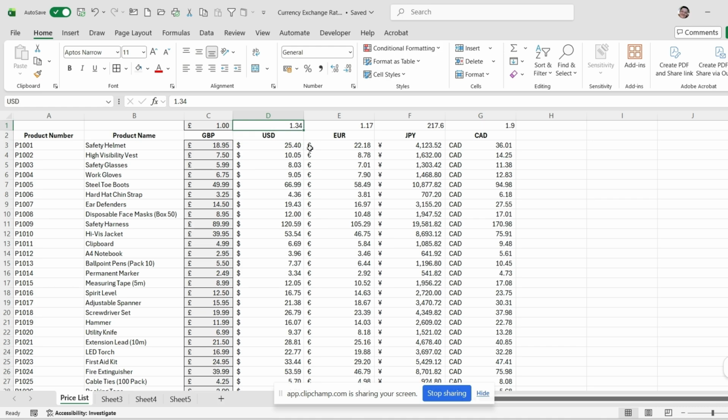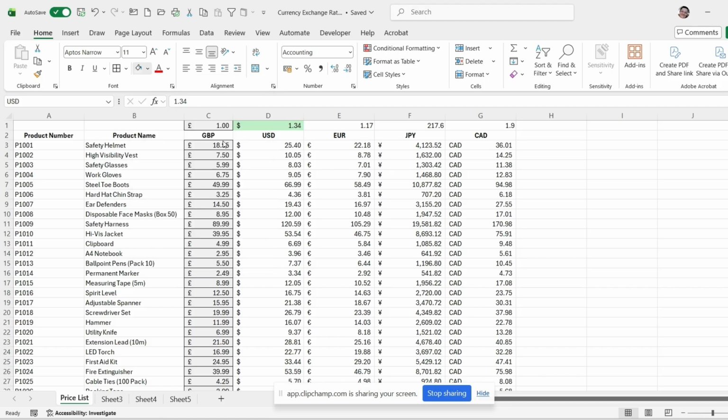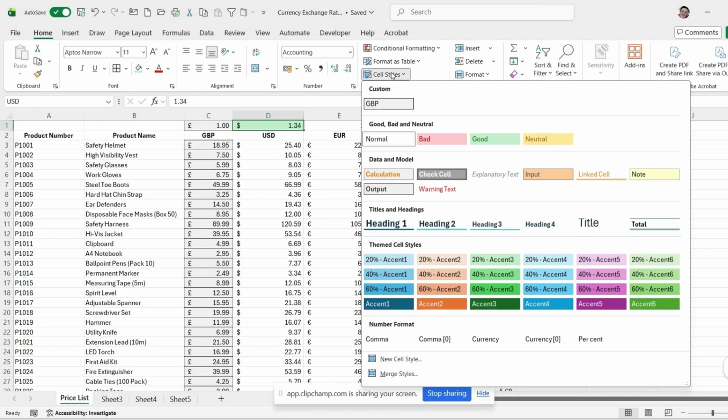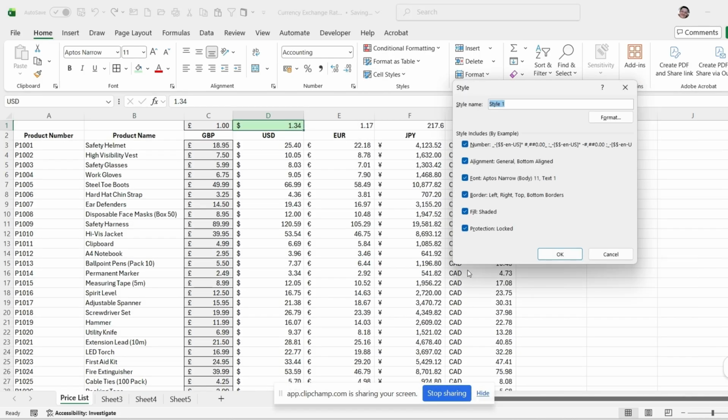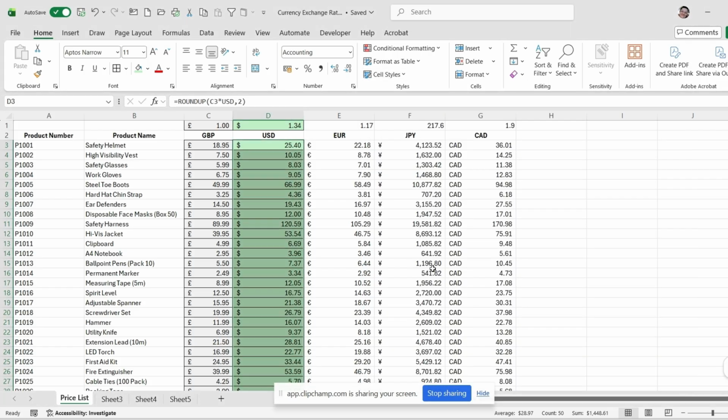I'm just going to do that one more time, let's say for my USD column. So I'm going to say, make it dollars this time. Maybe I'll have a slightly different color and I'll have borders. And then I'm going to go cell styles, new cell style. Let's call it USD. And when I choose OK, I should be able to highlight this whole area here and apply my USD